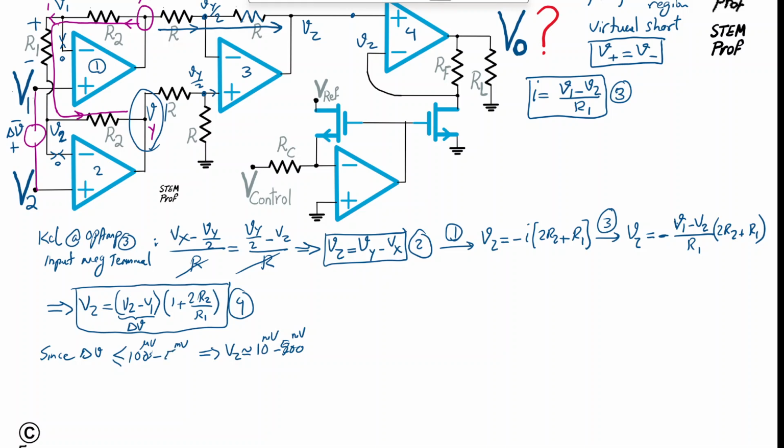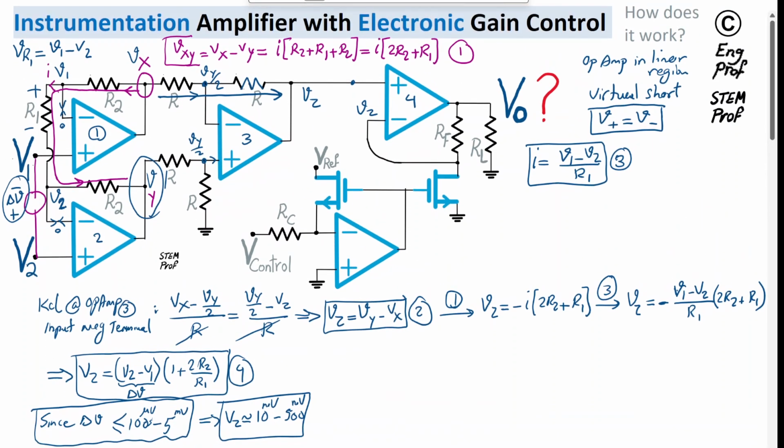So let's put it this way. As an example, since delta V is in this range, we can make the assumption with proper gain setting for R2 and R1, Vz will be in the range of, say, 10 millivolts to 500 millivolts. So it's reasonably small. The reason that is important is because in this scheme that we have here for electronic